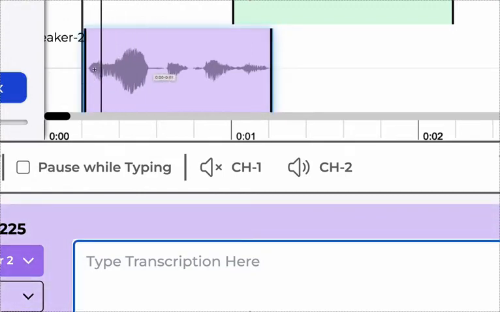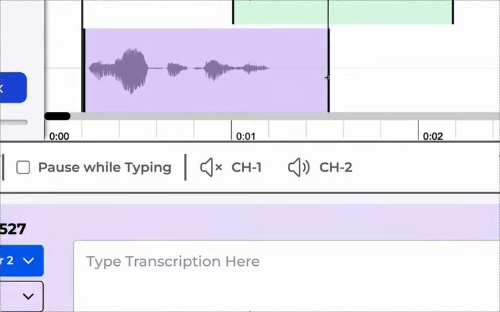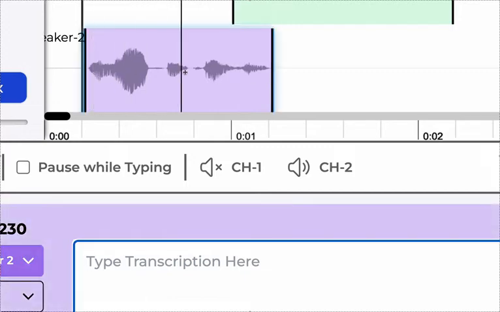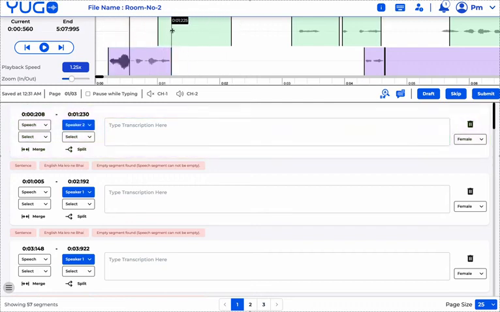Okay, so while creating the segment, please keep this in mind that we have to give a small tolerance only. We cannot create it like this because it will also include a lot of silence in this segment, which makes it incorrect. Okay, so we just have to give a small tolerance and we need to make sure that there is no word cutting. Okay, so in this particular area, in the above channel there will always be speaker 1,